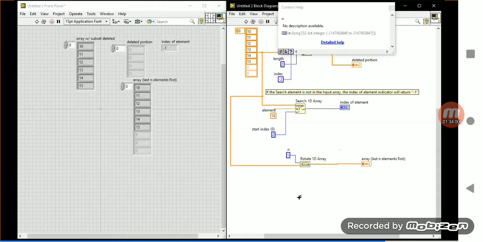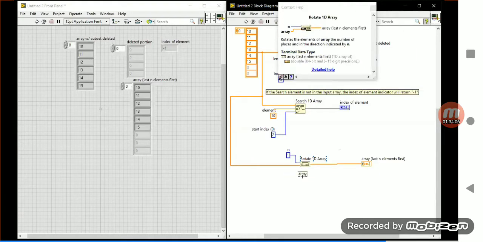So you have to carefully see here. How the values will rotate: the last value will come to the first place. So based on the n value, the last value will come to the first position, but in rotating this, the first value will go to the last place. Now here you can see the arrow mark. The last value will come to the first place.